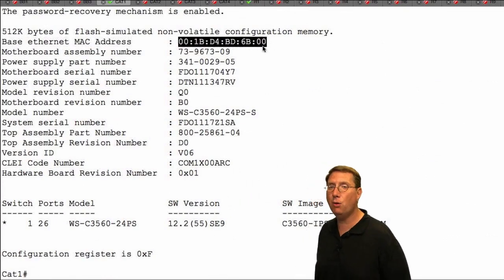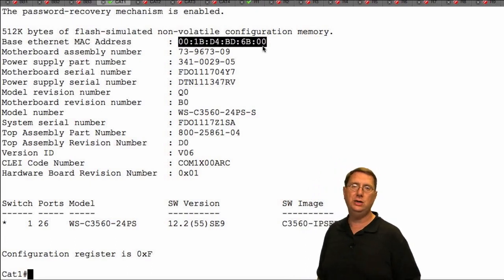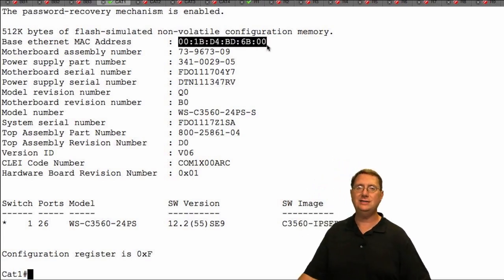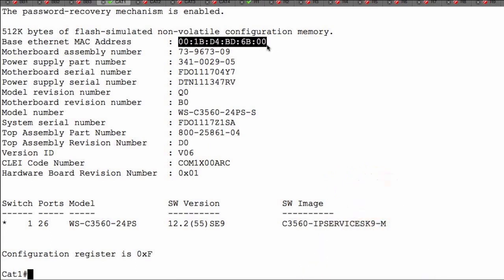So the first gigabit port was 6B01, second one was 2, the first 2 Ethernet interfaces were 3 and 4. So this is basically the seed calculation for every interface that exists on this particular device. Now, it's going to be very handy for us to know where to find that information, how that information impacts